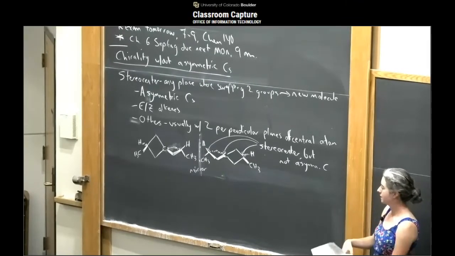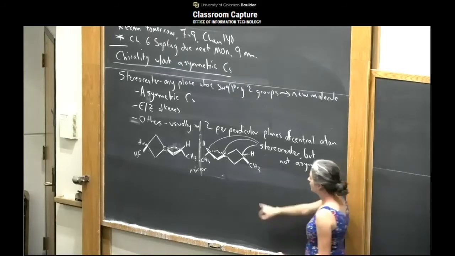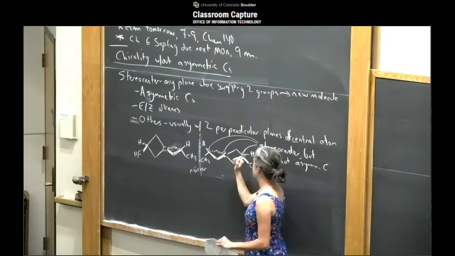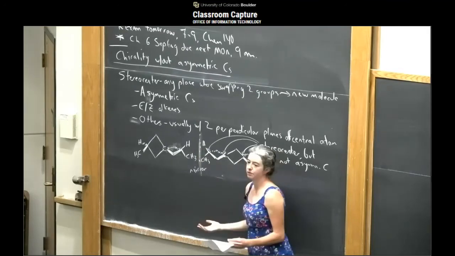We've got 2 perpendicular planes, and so long as each plane has different stuff sticking off of it on both sides, like H versus CH3 here, that's one way to do it. Another way,